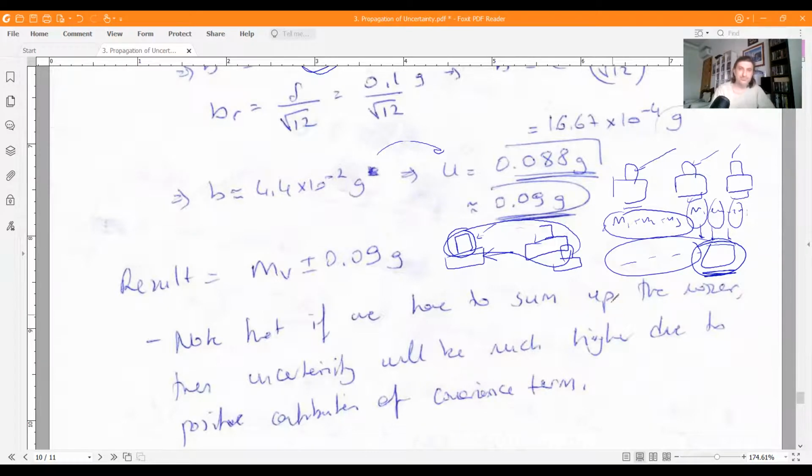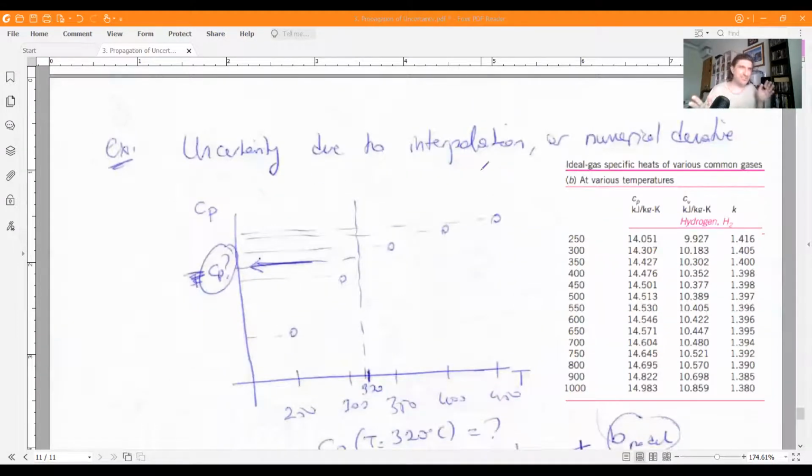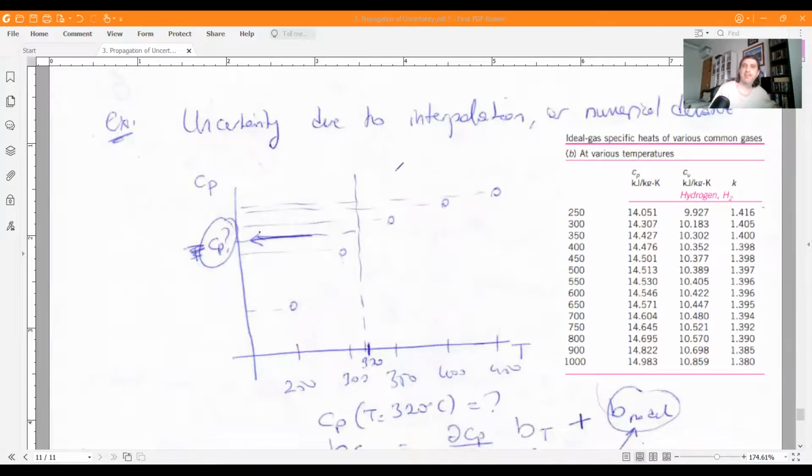Now comes the final question I would like to solve. Well, actually, I'm going to talk about linear regression and calibration charts later, and uncertainty due to interpolation or taking a numerical derivative. For this example, I'm using a very simple chart here. Let's say that we have for hydrogen gas, we have this following data. Cp at various temperature values, right? And we are interested in